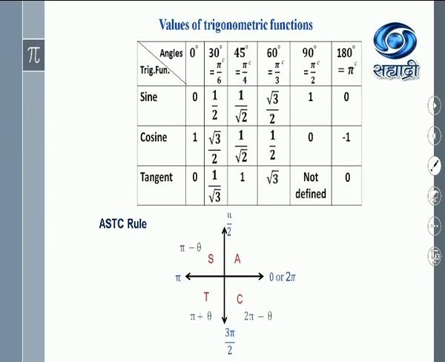the All STC rule. All means all the trigonometric functions are positive. S means only sine and its reciprocal are positive in the second quadrant. T means tan and cot are positive. And C means cos and sec are positive in the fourth quadrant. Okay? And one more thing, you will have to remember the reciprocals, and this you already used often in 10th standard and 11th standard. Sec theta is 1 upon cos theta, cosec theta is 1 upon sin theta, and cot theta is equal to 1 upon tan theta. So this is the rapid revision I have taken because we need it to solve the exercise.